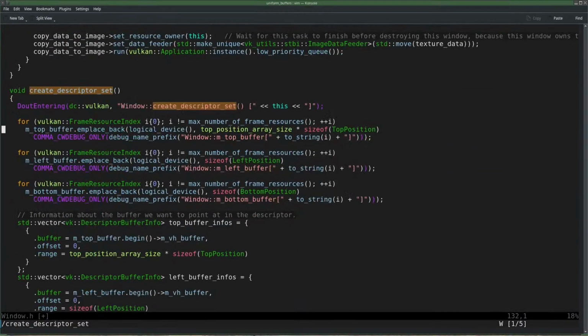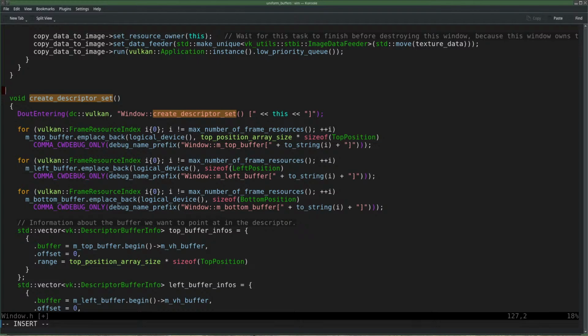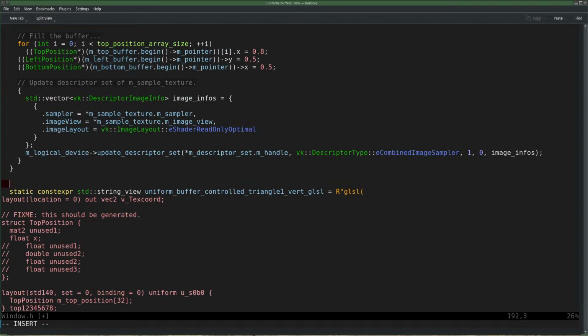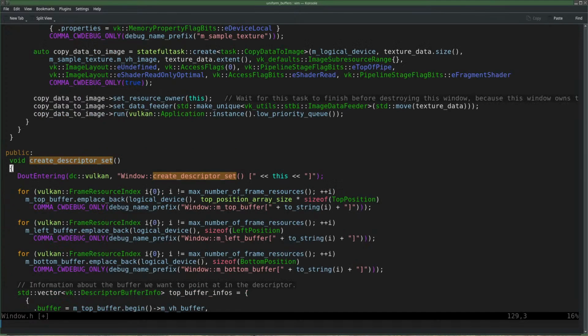Okay, let's make it public. And then let's rename it to something, create uniform buffers, more like it.